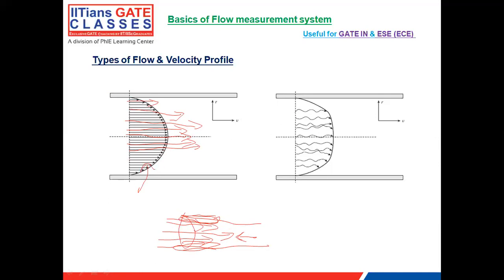Here what you can see, one layer of the fluid is disturbing the other layer. Like if you see here, if you take this area, one layer of the fluid is creating disturbance to the other layer. Similar here also. So this kind of velocity profile is known as laminar profile. This kind of profile is known as turbulent profile, right? Turbulent. This is your laminar profile.